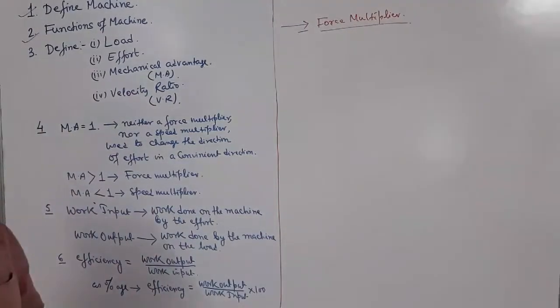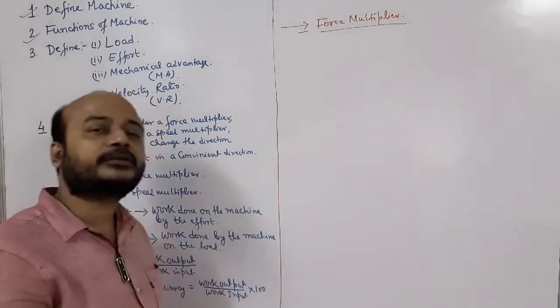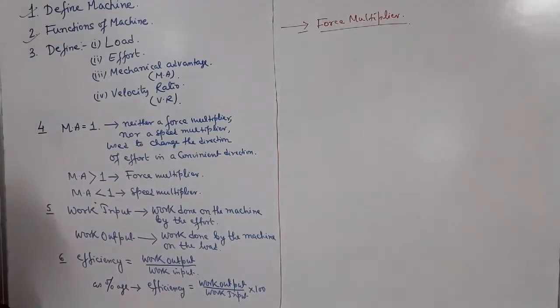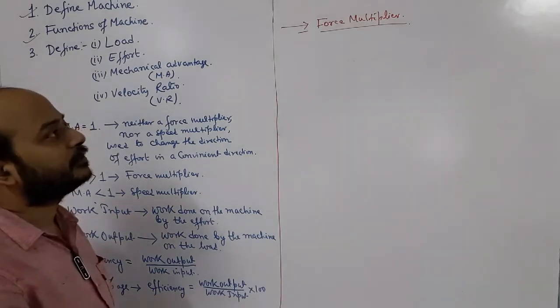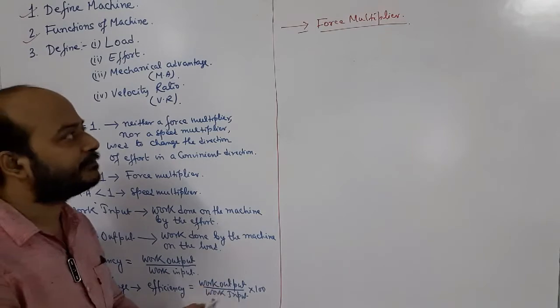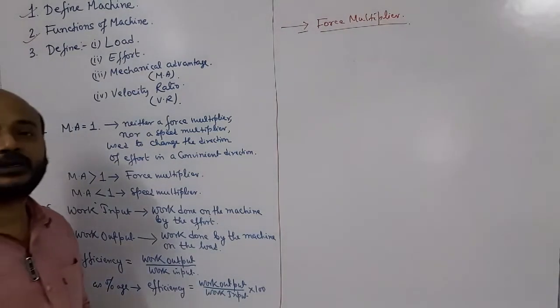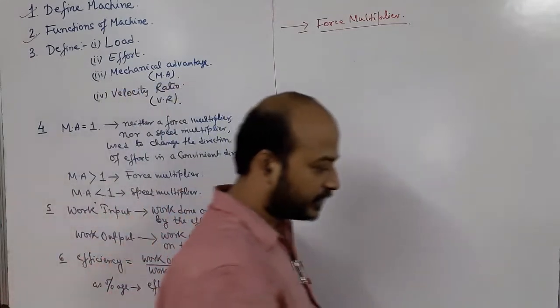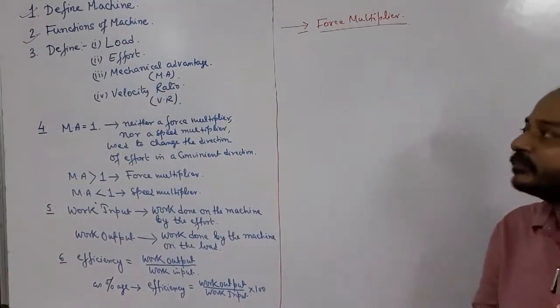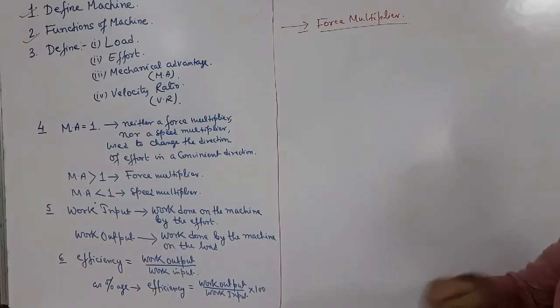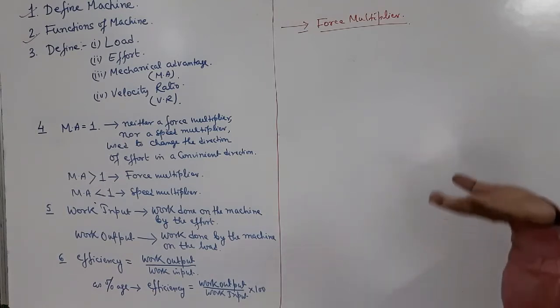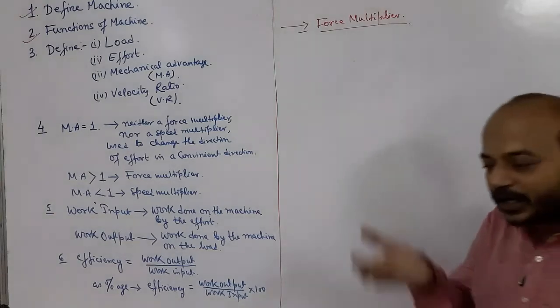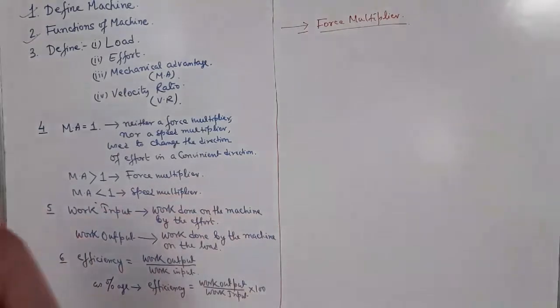That means we apply a less force, that is our effort, we give less effort, and the machine can overcome a large force. That means, say for example, a car jack. You know, when we have seen a car jack that is used to lift a car, when it is put under the car and then the handle is turned, the jack rises up slowly, and the car also is lifted up. So easily a car can be lifted by one person by applying a jack.